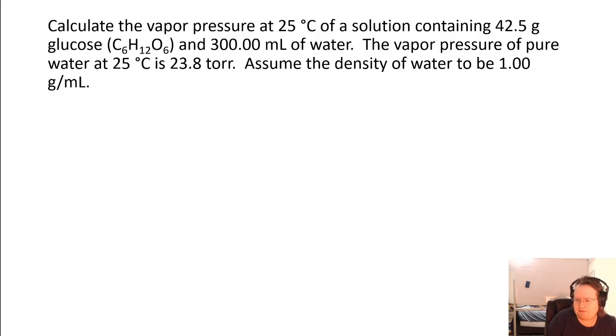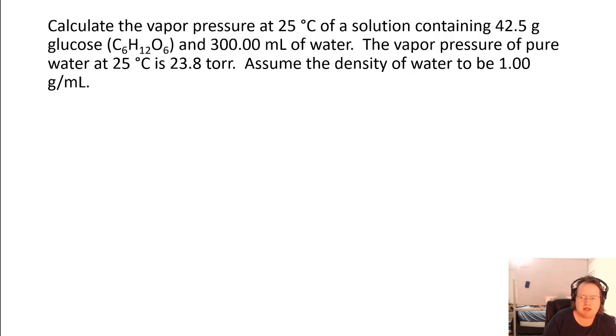We're going to calculate the vapor pressure at 25 degrees Celsius of a solution that contains 42.5 grams of glucose and 300 milliliters of water. The vapor pressure of pure water at 25 degrees Celsius is 23.8 torr. We're going to assume the density of the water here to be 1 gram per milliliter. So, I need to find my mole fraction. That means I need to know the moles of the solute and the moles of the solvent, since those are